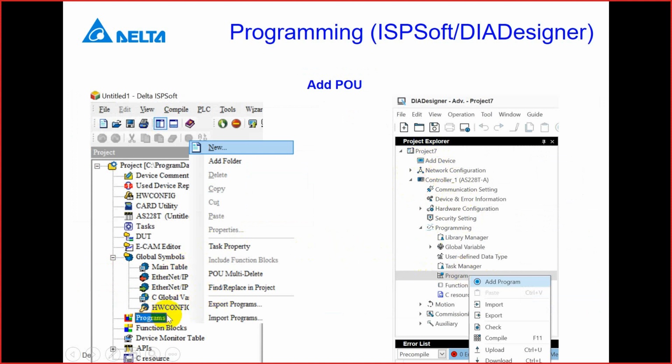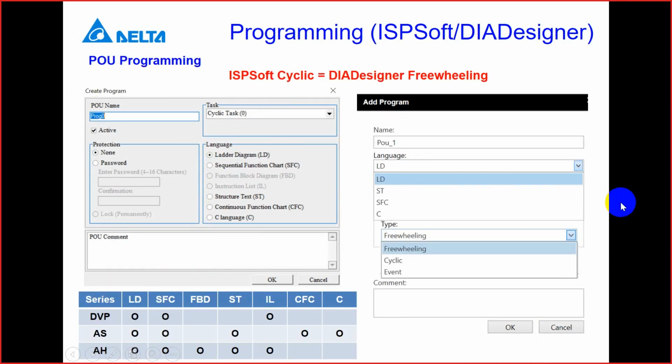So for example, if we want to add a new POU on program, then we just click here and click new. But here we will add a program. And this part will also be very important, because I think the early definition of our ISP cyclic does not follow the IEC standard. Okay, so